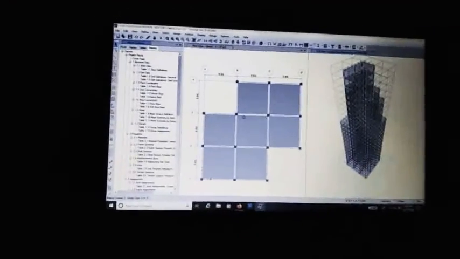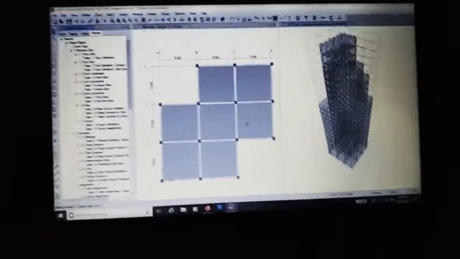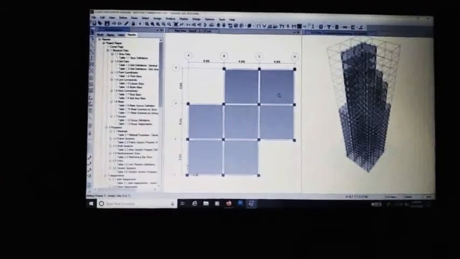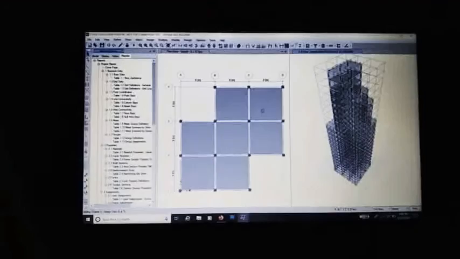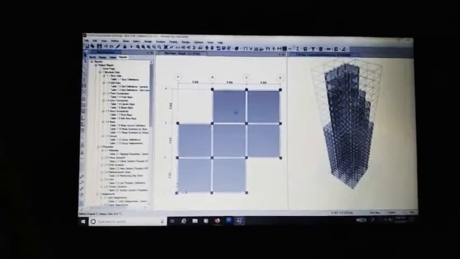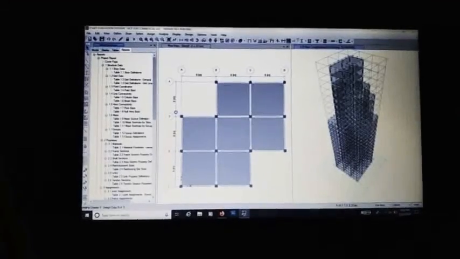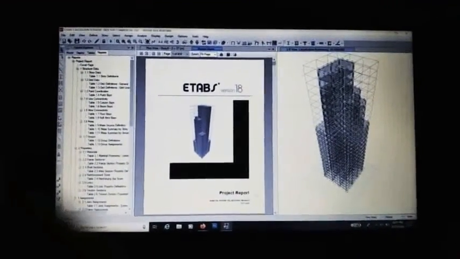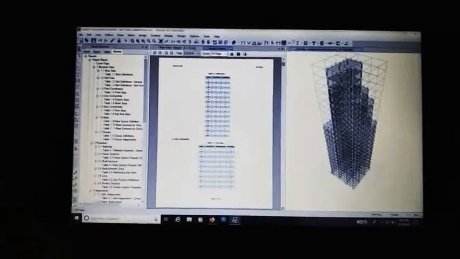It may take some time. At last our project report has been generated and the project has been completed.